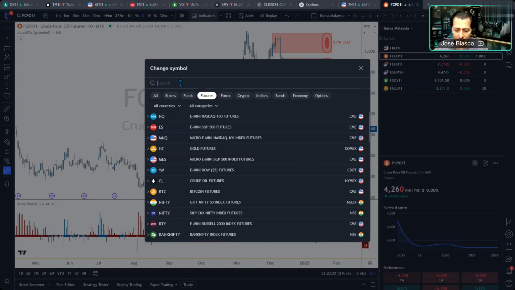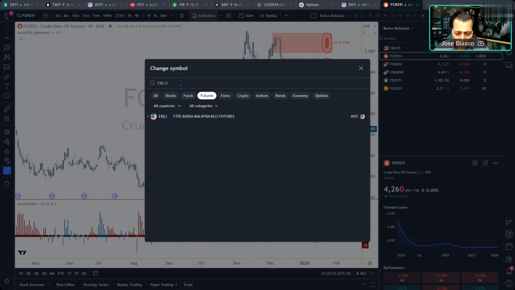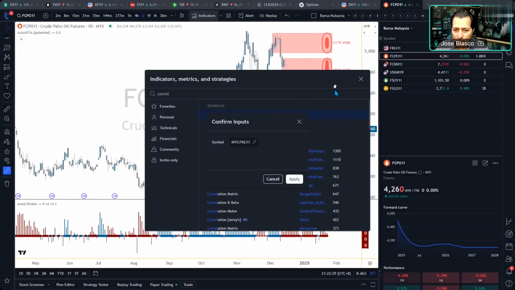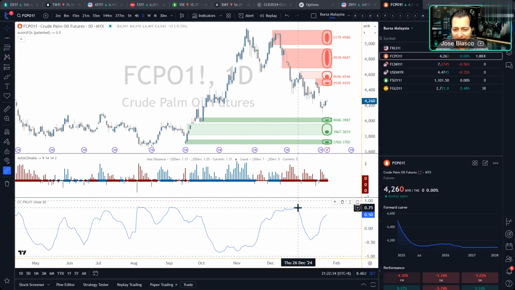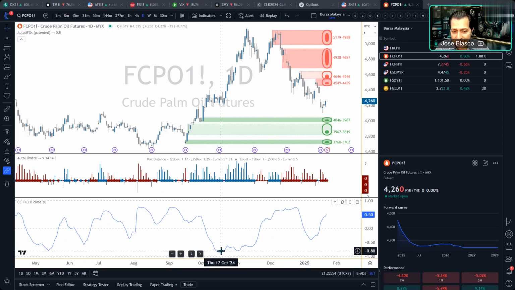So let's compare the FCPO with FKLI. Let's compare those two from a correlation point of view. Let's apply and take a look at how many times the correlation is as high as 75%. You know, on December 9, which is the case of our example, correlation was 65%. In other words, tons of money was flowing from FKLI into FCPO or vice versa. There are times when correlation becomes negative. And that's then the opposite phenomenon, right?